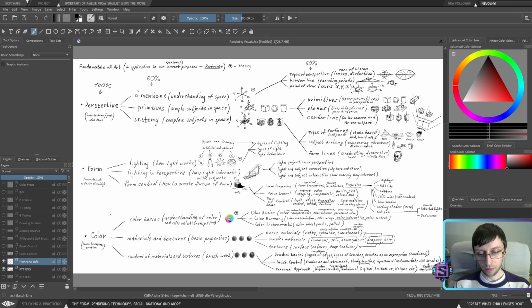Because I truly believe that as an artist, there's a notion that if you want to learn to draw, just draw. If you want to learn how to paint, just paint. But again, this is not necessarily enough for me personally as a theoretical person. I can't just aimlessly sit and draw something, or aimlessly sit and paint something without understanding what I'm doing. For me, the main thing is to understand what I'm doing,